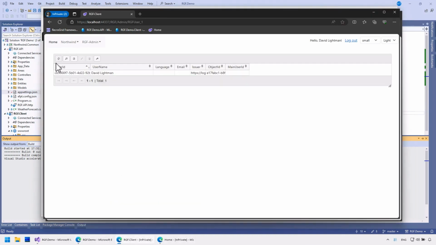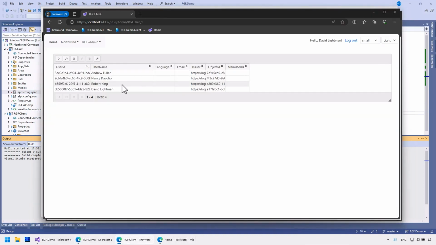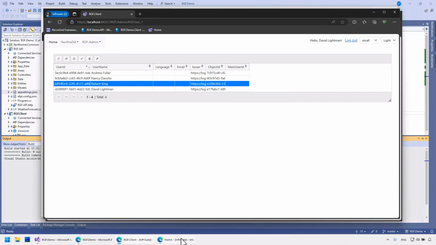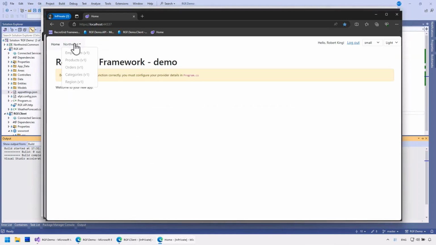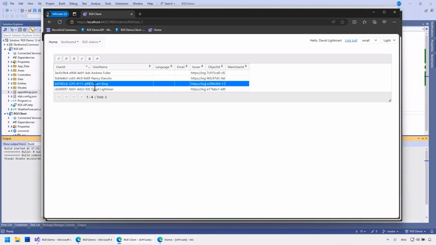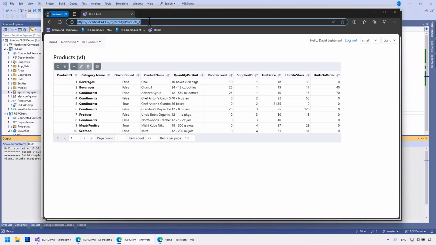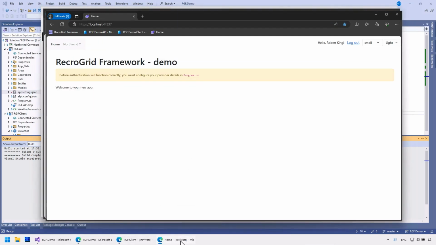Now, if I go back to David and refresh the list, you can see that all users have been added to the system. Here's Robert, for example, who only has the RGF user role. The RGF user role currently doesn't have any permissions, so all menu items are grayed out. And of course, even with a valid reference, he can't access the data.